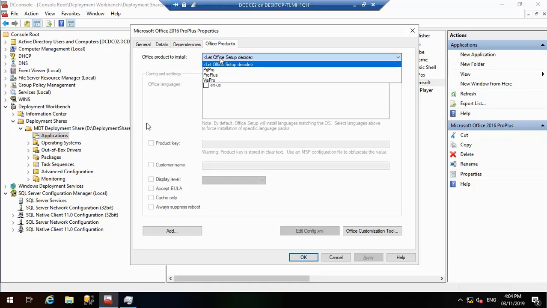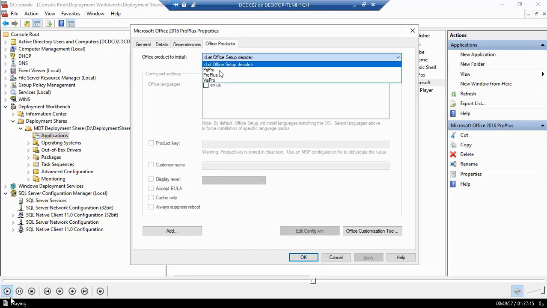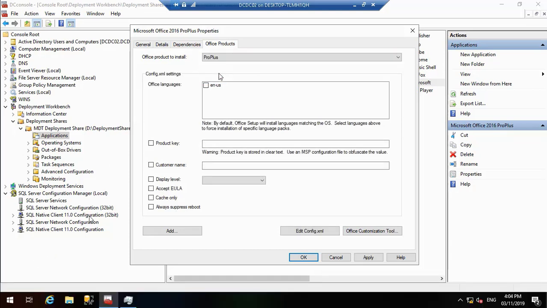So here we can see choose the product. Here my DVD contains a lot of Office 2016 versions. We will need the Pro Plus, and then we'll tell him this is the config.xml setting. This is the file that will contain our installation parameters that will be applied automatically for us when the Office 2016 installation begins. So here we tell him we need the